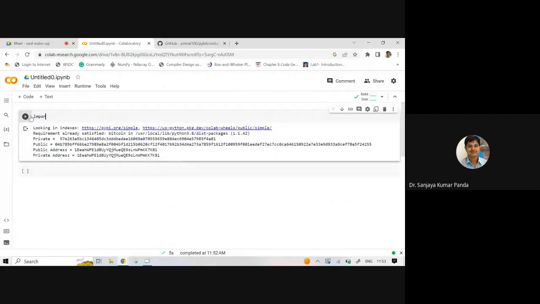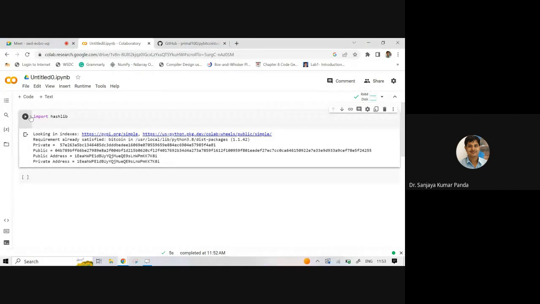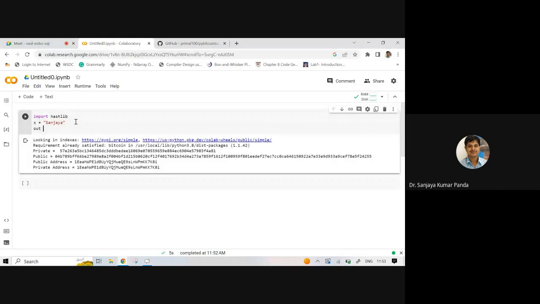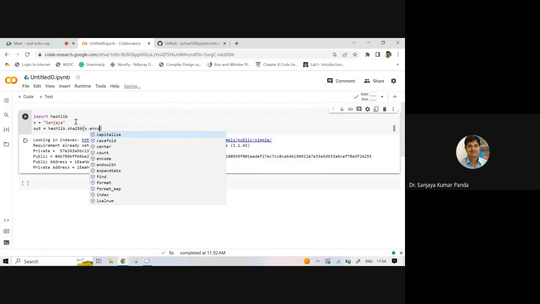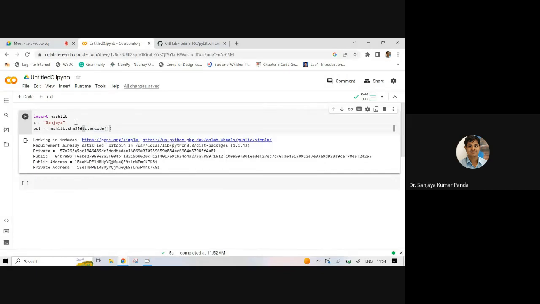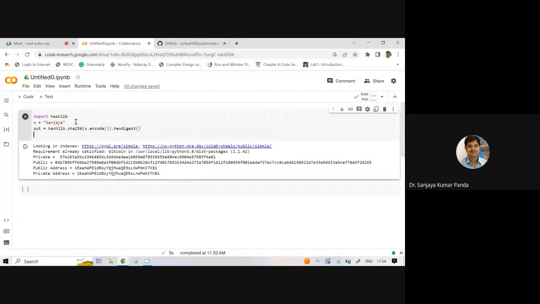There is another library that you have to import, called hashlib, through which you can generate the digest. Suppose I am writing x is my name. Then as output, suppose I want to get the hash, I want to use this hash library, I want to use SHA-256, and this input you have to encode, and you have to use hexdigest. That will give you the hex digest value, the message digest value, right? So if I print this output,